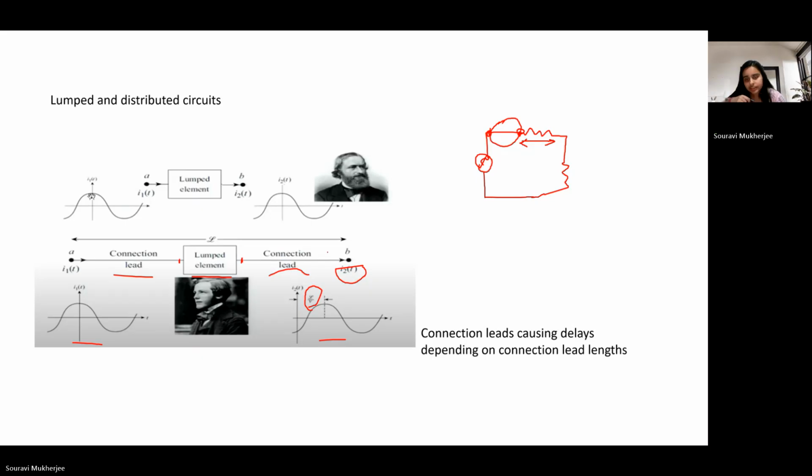Now these connection leads can also distort your signal. It can also lead to attenuation of your signal, right? So now while the lumped part of the circuit, like where this part,